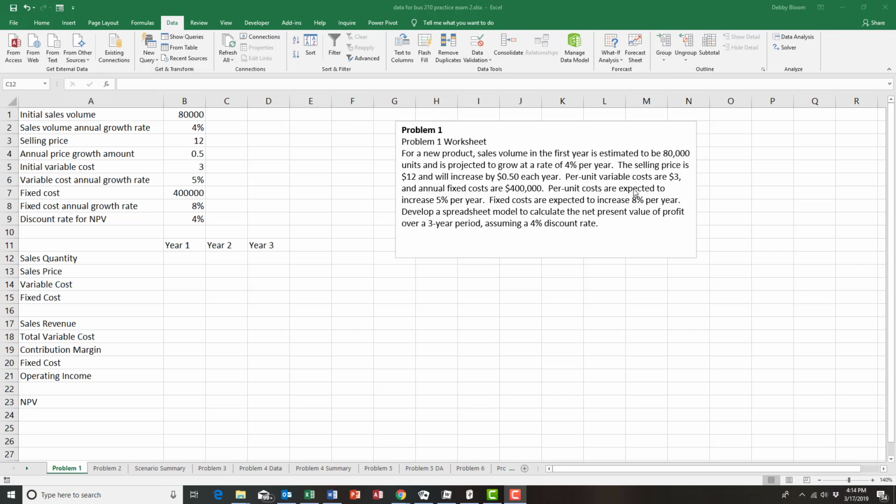Per unit variable costs are $3 and annual fixed costs of $400,000. Per unit costs are expected to increase 5% per year. Fixed costs are expected to increase 8% per year. We're supposed to develop a spreadsheet model to calculate the net present value of profit over a 3-year period, assuming a 4% discount rate. So notice I've already put in all the assumptions given in the problem,